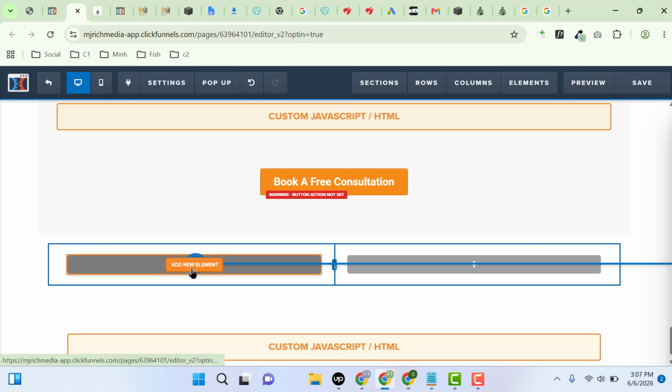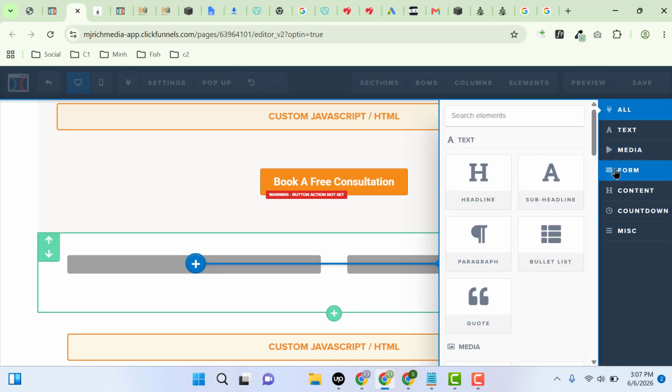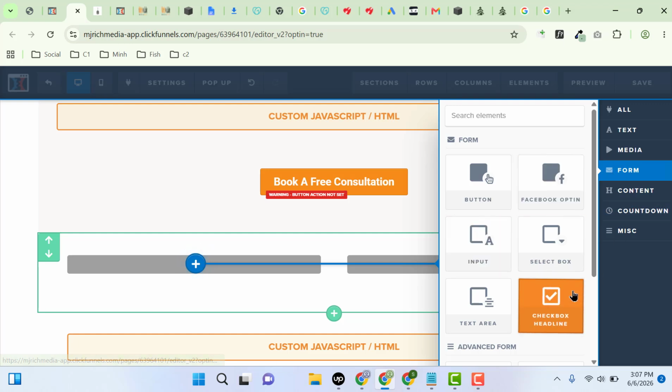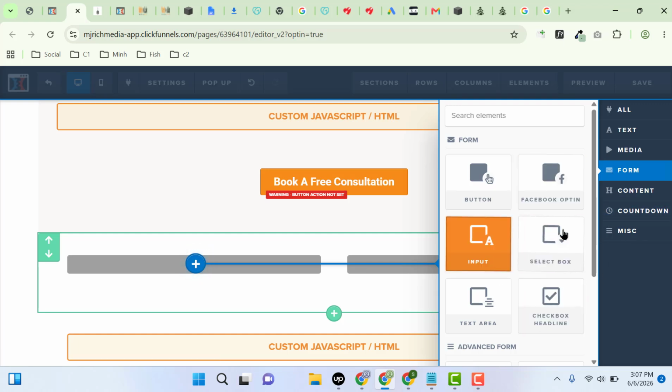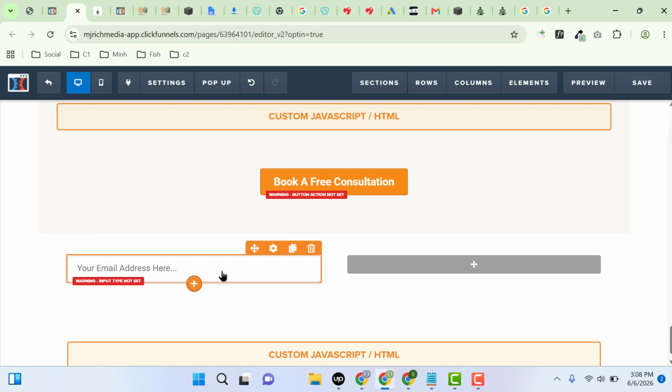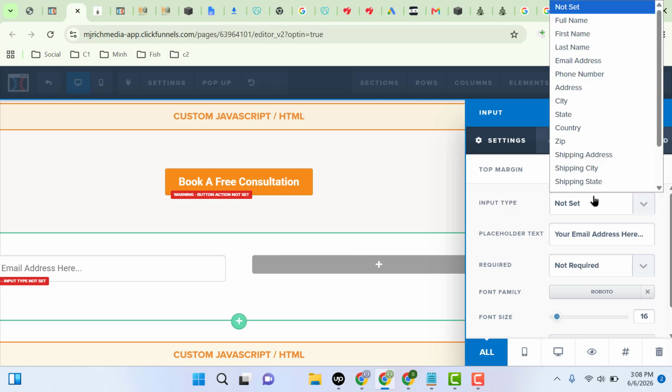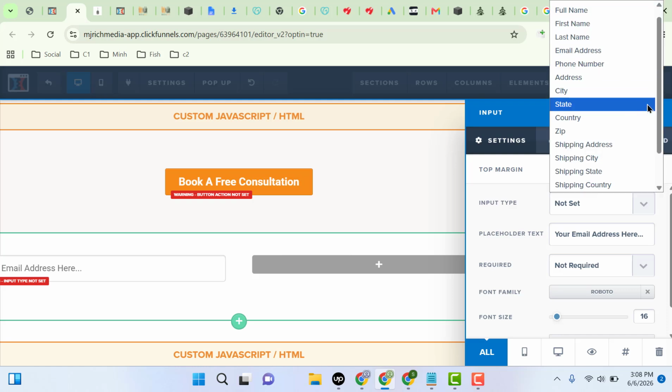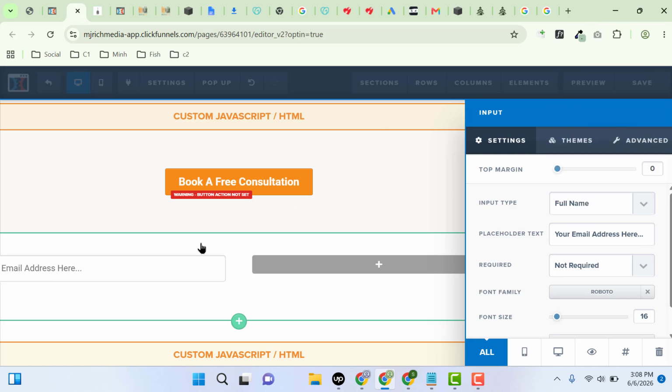So now we need to add the element. Here you can see this one, form element. So first of all we need to add the input. Okay, this one by default email is selected, then click on settings. Now here you can select different types of input fields. For example, let me select this one, full name,